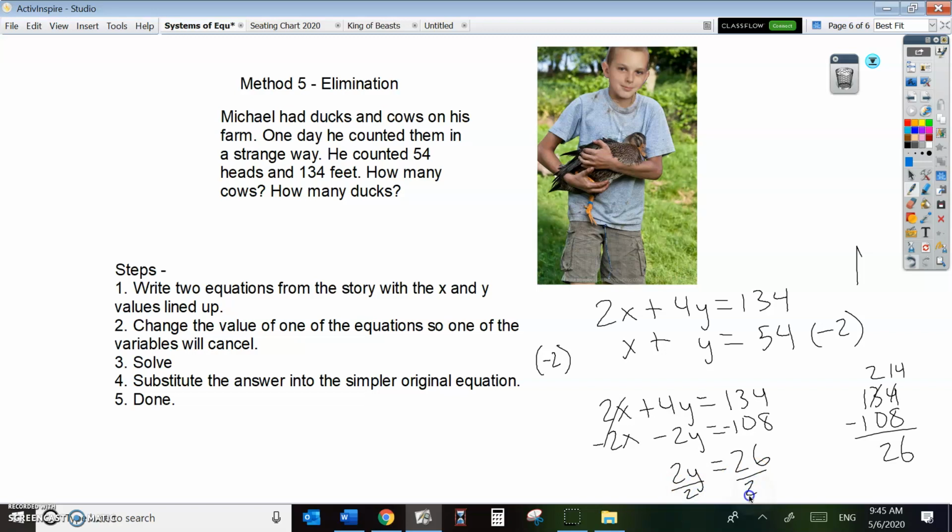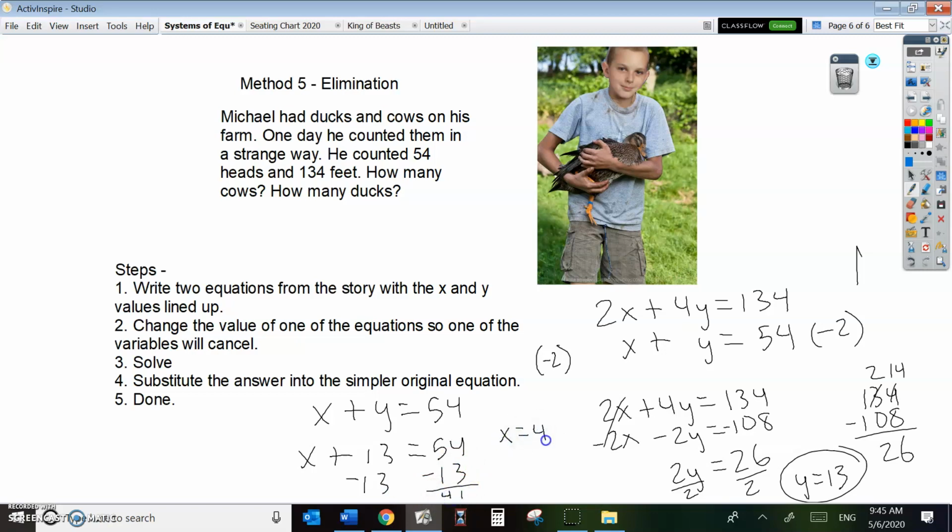Divide by 2, y equals 13. Then take that 13 and put it into x plus y equals 54. X plus 13 equals 54. Subtract 13 from both sides. And you get 41. X equals 41. Elimination gives you